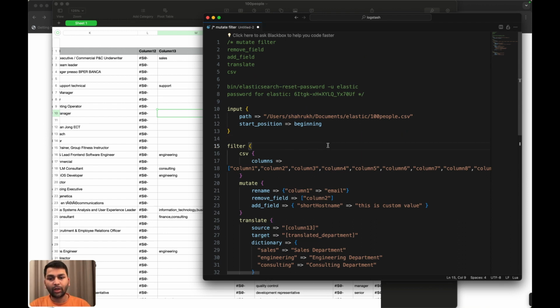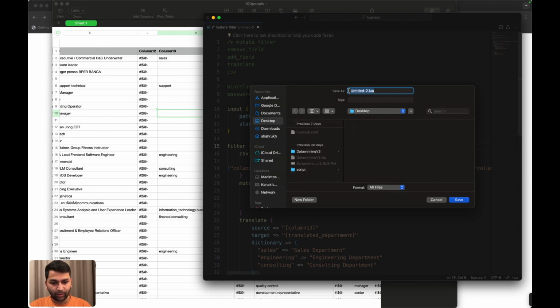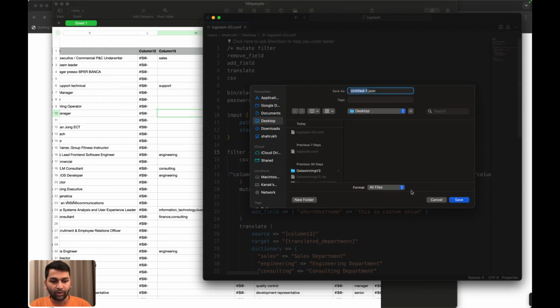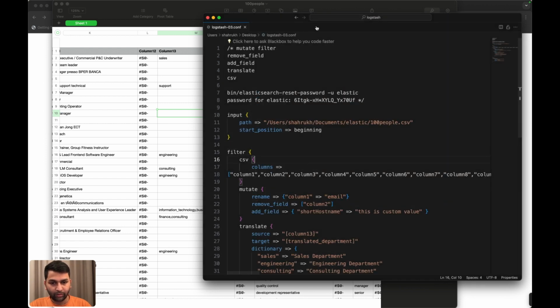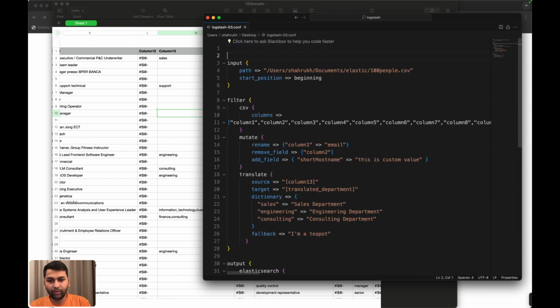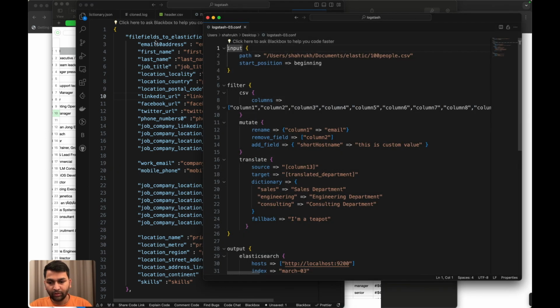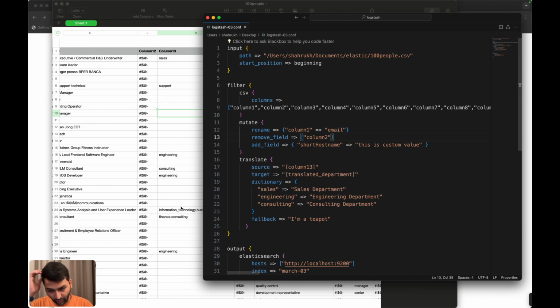to Elasticsearch, and let's save this. So Logstash 3.conf, I'll save it as a conf on desktop. So we have saved it. We should get rid of this value. Save it. All right. So now